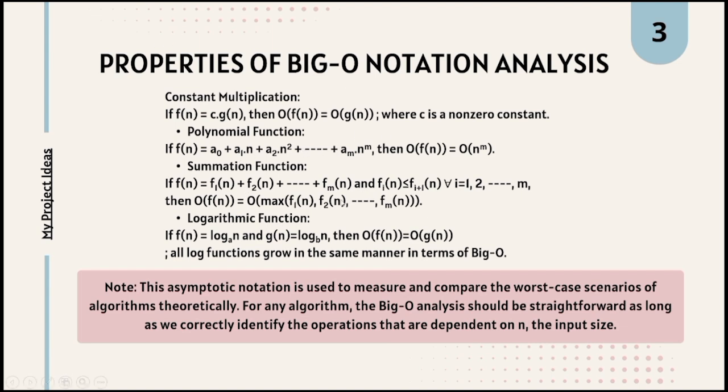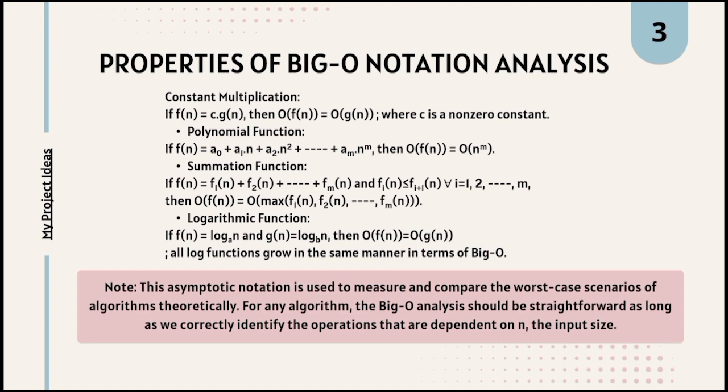You have to take the max of all, because this is the upper bound. And in logarithmic, suppose some function f(n) is log n to the base a and g(n) is log n to the base b. These two are also equal because the bases are constants, and we eradicate the constants. The asymptotic notation